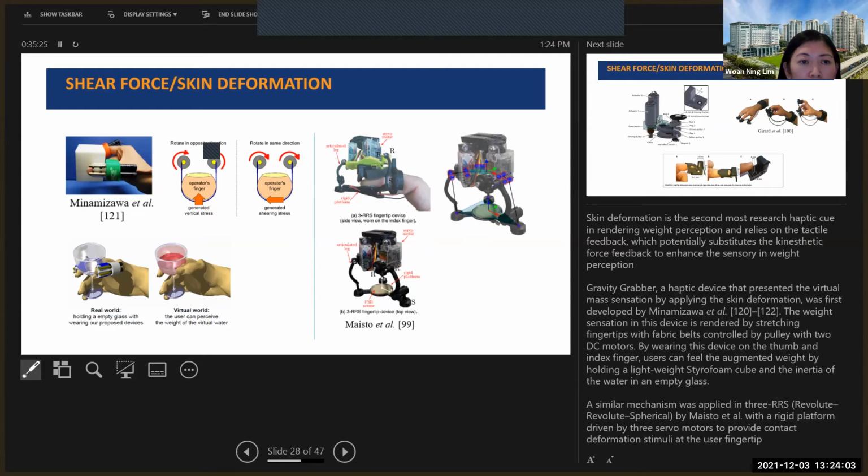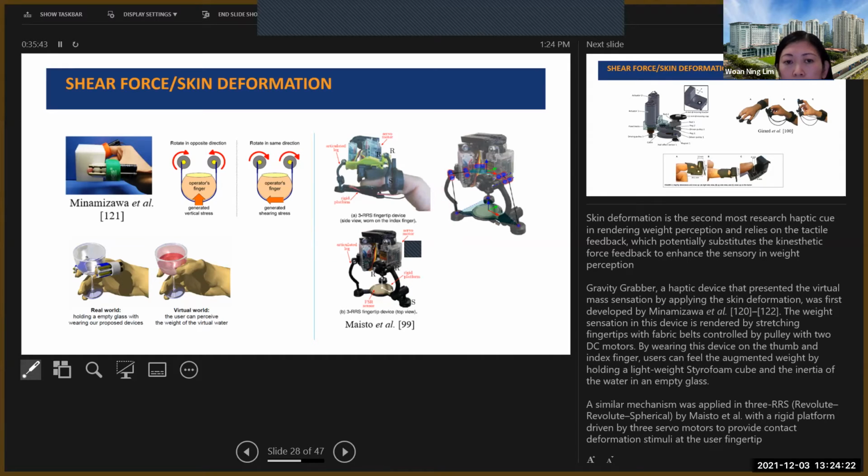If it rotates in opposite directions, the finger will feel a vertical stress, like pressure on it. If it rotates in the same direction, the finger will feel a shear force, going in the direction of the rotation.